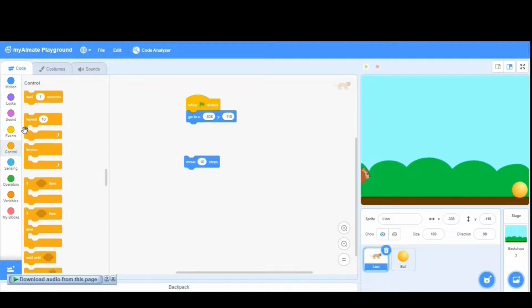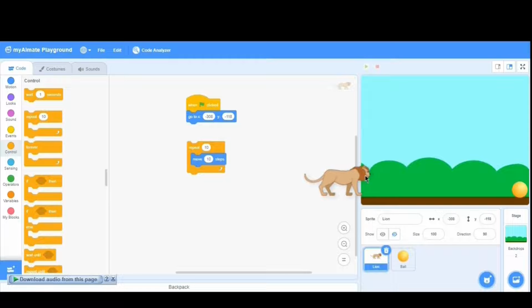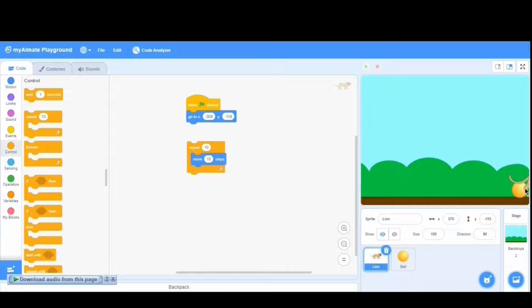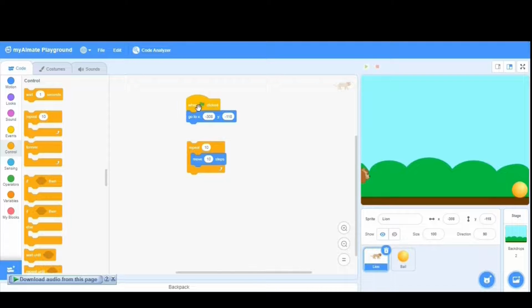Now I'll just make this process automatic, and using the conditional statement of repeat, I will make it work for n number of times. I will make it work for multiple amount of times. So when my lion has to move from this left corner, which is having the x coordinate of -306, to the rightmost position where the x coordinate is 278, I approximately covered about the distance from negative 300 to positive 300. So there are just about 600 steps.